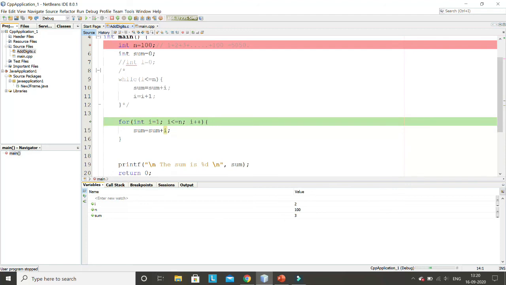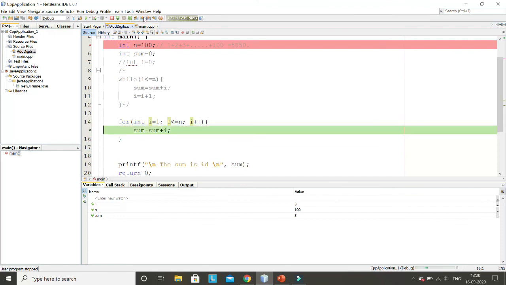Now again the program control reaches here. This is the third time. So every time after the first step, this will be executed. So now the value of I will be incremented from 2 to 3, and then it will check whether 3 is less than equal to 100 or not. If it is true, again it will come here. Obviously it will be true because 3 is less than equal to 100. So if you click here, see the value of I is now 3, and now control is again here.